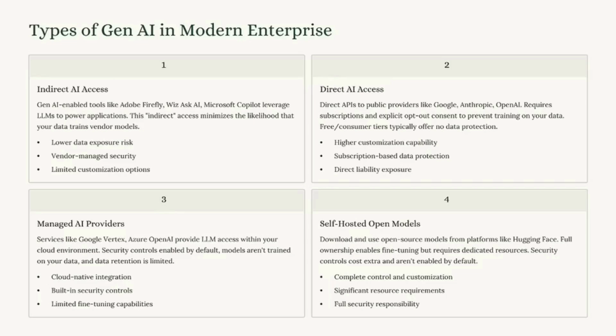These are the 4 types. And what I would suggest is classifying your applications that are using AI along these lines. This will help you think about how you would secure these environments.